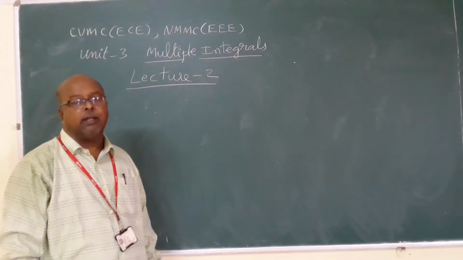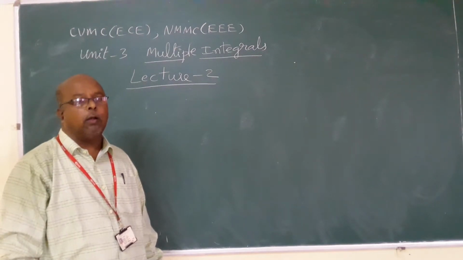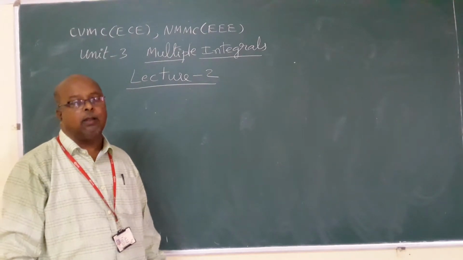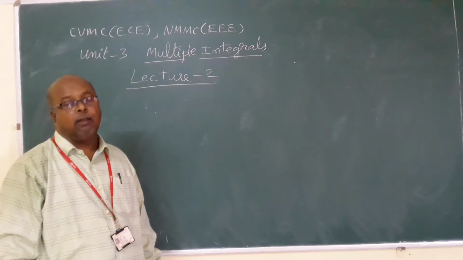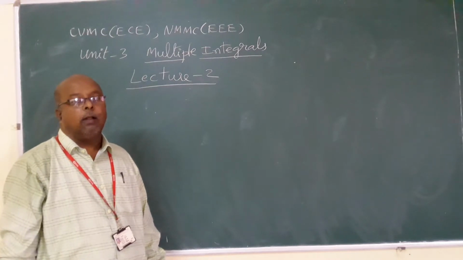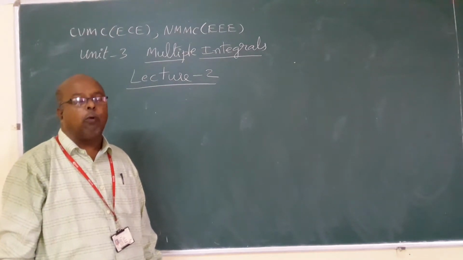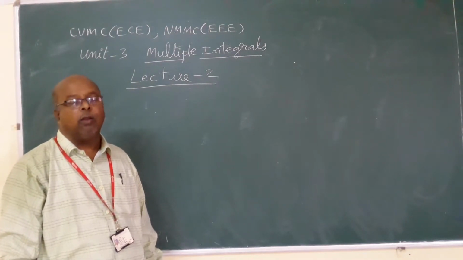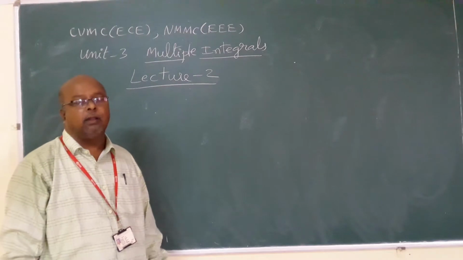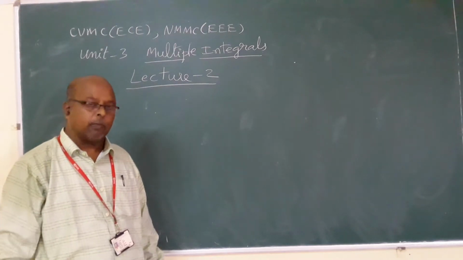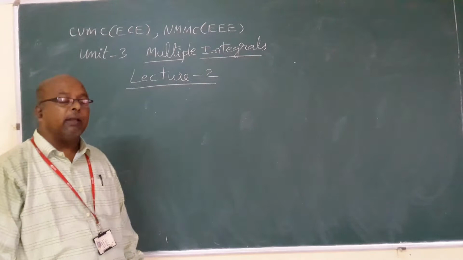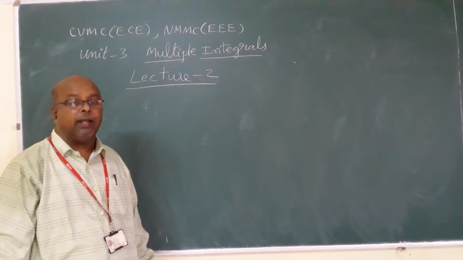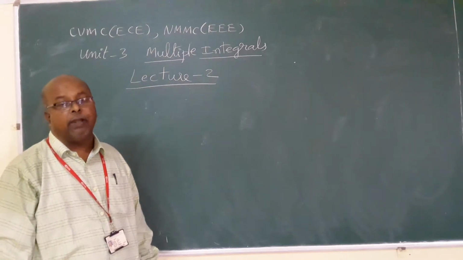In the previous lecture, we learned how to evaluate double integrals for constant upper and lower limits. According to the given order, we have to integrate the function first with respect to one variable, next with respect to the other. Suppose in the given integral, the first integral has constant limits, and in the second integral y terms are there.